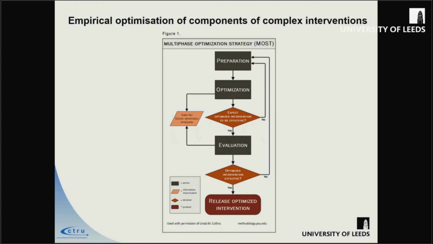The first is a screening experiment where you're trying to identify components of a complex intervention that are important to take forwards, and then there's a refinement stage, which is when you are taking forward the ones that look promising and trying to work out the optimal combination of those and the different levels of those particular components. The idea from Linda's point of view is that you then go on and do a straightforward parallel group trial design as an evaluation, where you are not necessarily doing it in an explanatory way, you're doing it in a more pragmatic way, and you are then doing a head-to-head comparison between your empirically optimized intervention versus standard practice, and that would be the end.